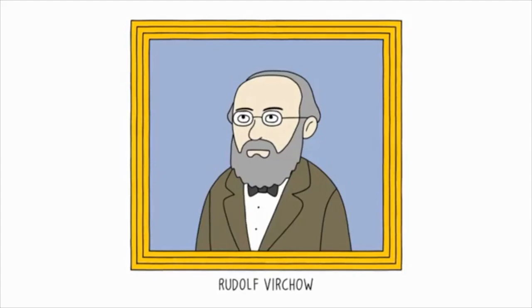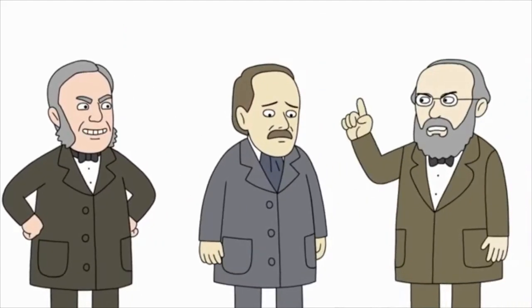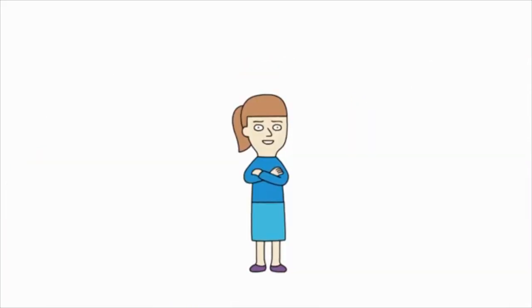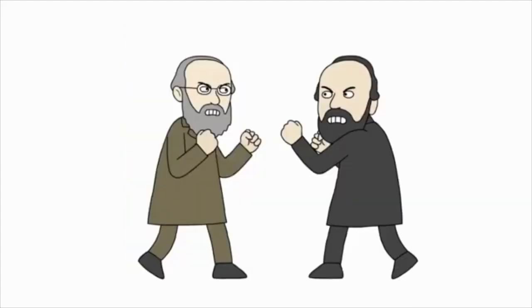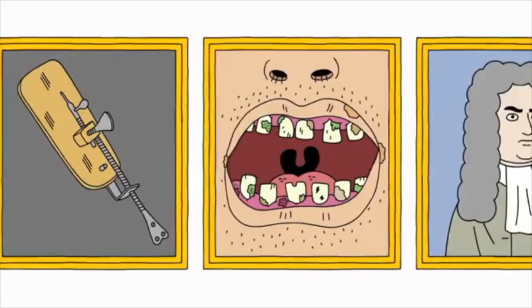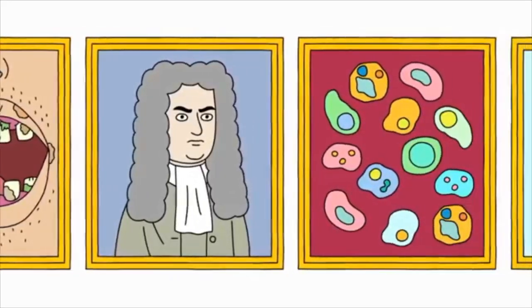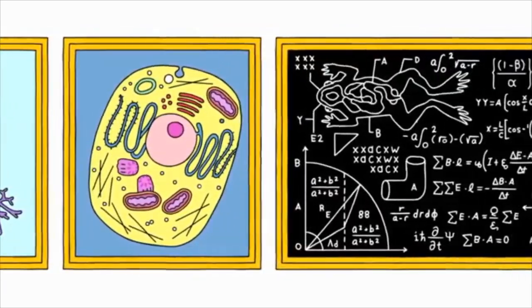That's when another scientist, named Rudolf Virchow, stepped in with research showing that cells did come from other cells. Research that was actually, how to put it, borrowed without permission from a Jewish scientist by the name of Robert Remak, which led to two more feuding scientists. Thus, from teeth gunk to torquing off Newton, crystallization to Schwann cells, the cell theory came to be an important